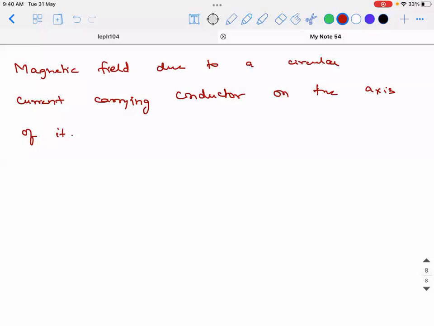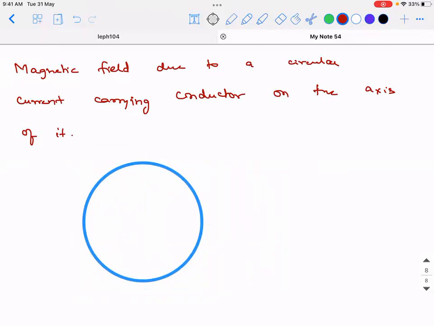So what is the heading? First of all, have clarity on what they're asking. Our job is again to find magnetic field. Due to whom? Due to a current carrying conductor. But this time the current carrying conductor is taking a closed shape, that is in the form of a circle. And with respect to a circle, you have different parts. You have the circumference, you have the center, and you have something called the axis. So first we need to understand what exactly they mean. So if I take a circle like this,